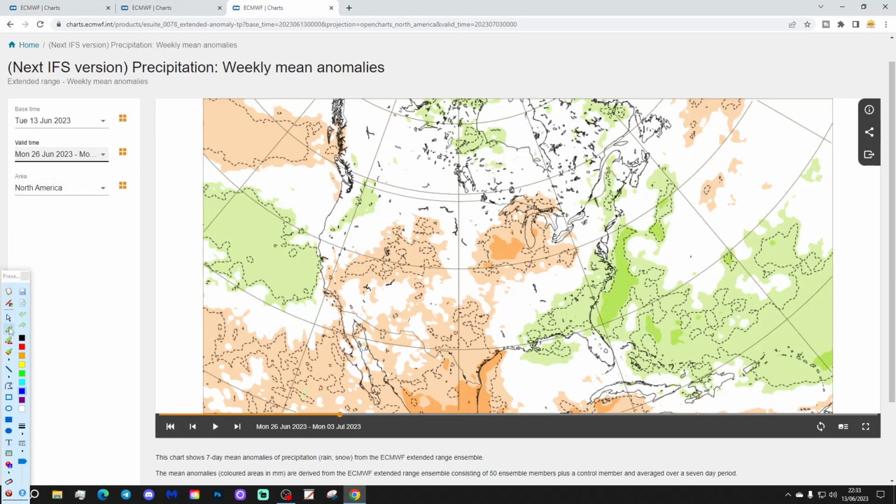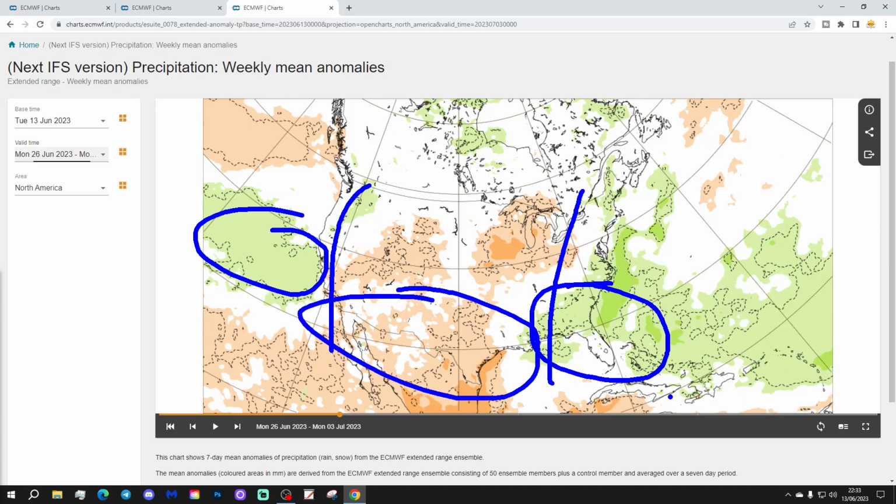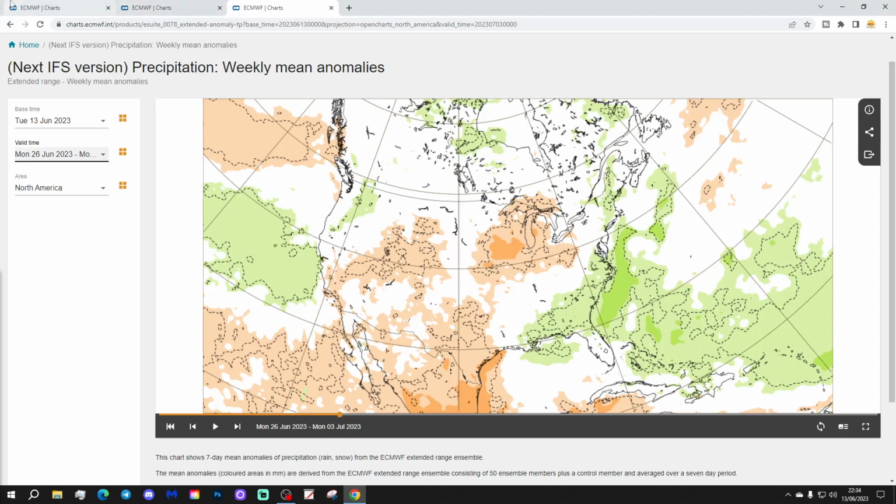And as far as precipitation is concerned, wetter than average in this southeastern corner and going up the east coast as well. So the eastern seaboard actually looking a little bit wet, and wet just off the west coast. Otherwise, most areas are dry again, particularly from these western states to the Midwest, through the Rockies as well, for example. And much of the south looking reasonably dry once again.